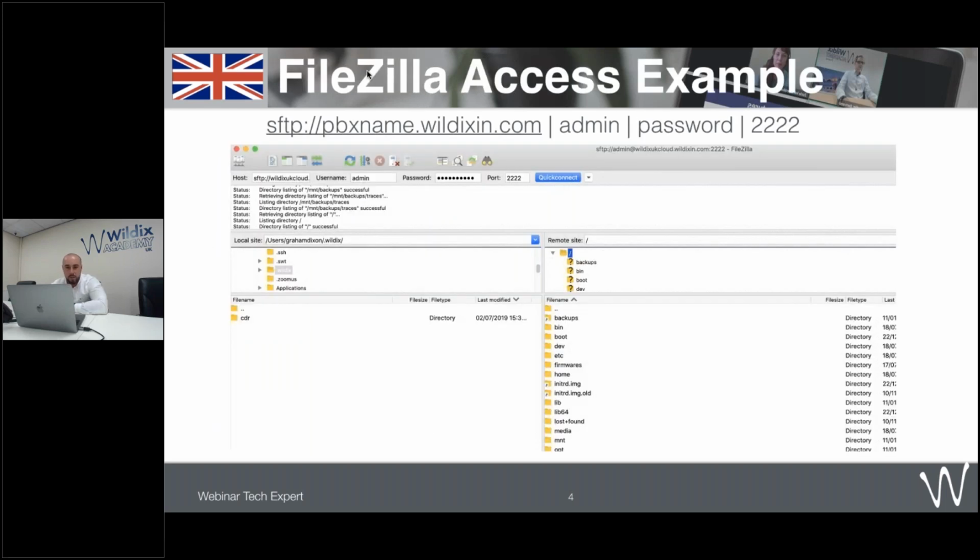So just to give you an example of how that looks, once you've enabled access, you can go to FileZilla and type sftp://pbxname.wildixin.com, put the admin credentials in there and port 2222. If I just pop out of my keynote for a second